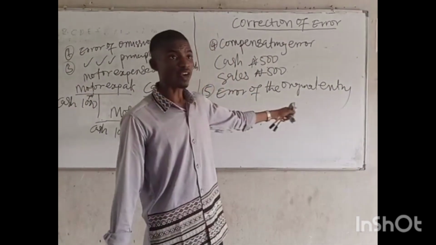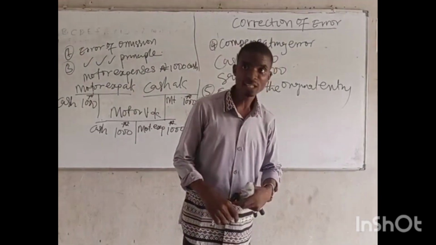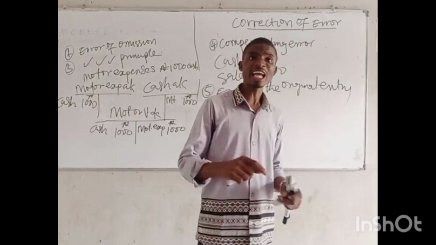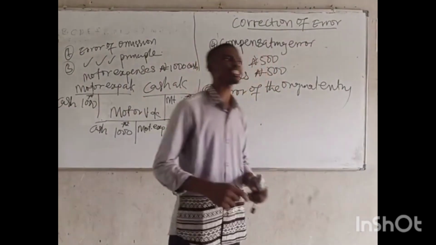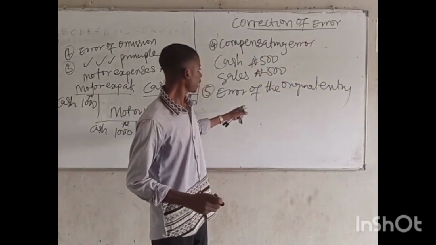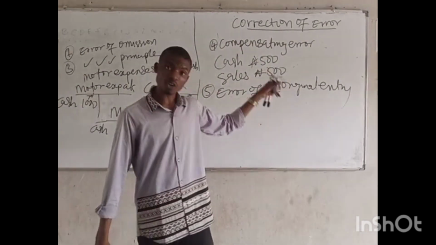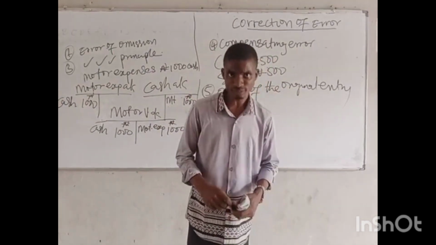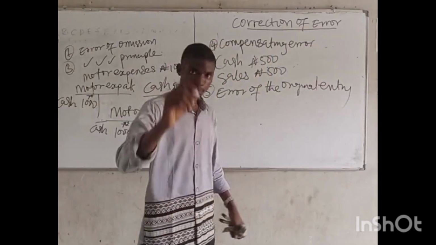This type of error occurs in a situation whereby the bookkeeper erroneously recorded a wrong figure during the first entry of that transaction. The bookkeeper mistakenly recorded the wrong figure or wrong amount during the first entry of that particular transaction, assuming that a cash sale or cash purchases